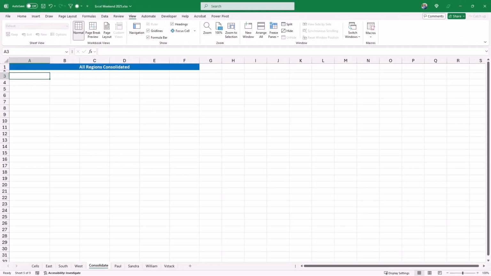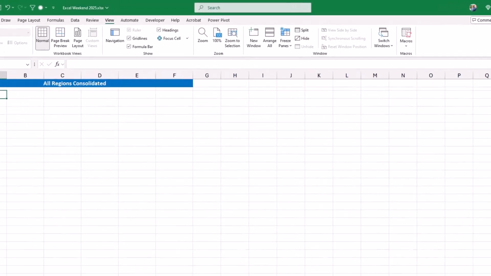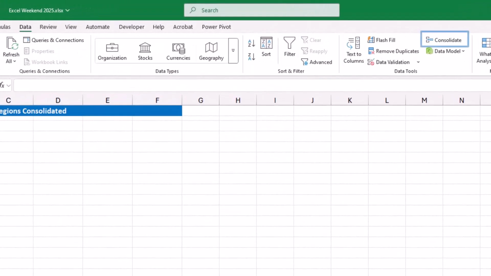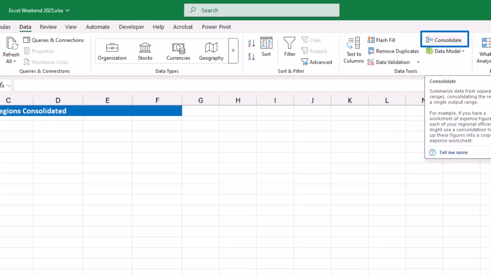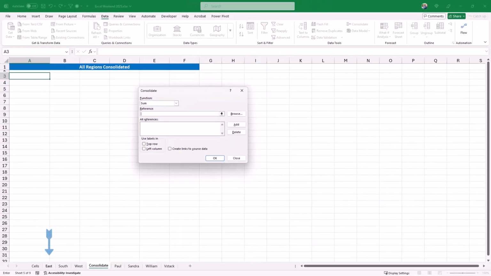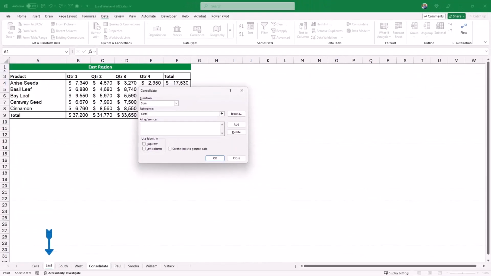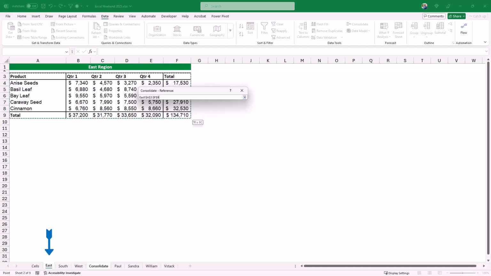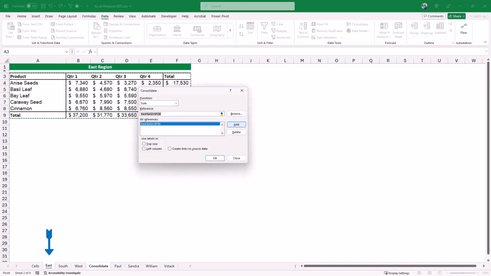I go to the Consolidate worksheet, and then I go to the Data tab of the ribbon. In the Data Tools group, I click on Consolidate. You can select a different function to consolidate the 3 ranges, but I'll keep the sum function selected. I put my blinking cursor in the reference box, I click on the East region, and then I select the range from the East region. I click on Add to move it to the lower box, and then I click on the South worksheet